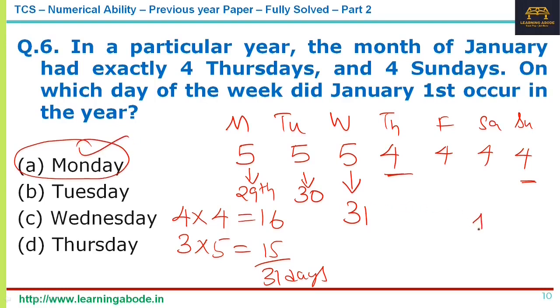Why? Because see, 1, 8, 15, 22, 29. Now these will fall on the same day. Monday means Monday, Tuesday means Tuesday. Okay. So because plus 7 plus 7 plus 7, 7 days in a week. So 1, 8, 15, 22, 29 will be the same. 2, 9, 16, 23, 30 will be the same, and so on. Okay. Or even let's say 4, 11, 18, 25 will be the same, and so on, right? So the 29th falls on Monday. So 1st of January would also have fallen on Monday that year. So the answer is option A for question number 6.